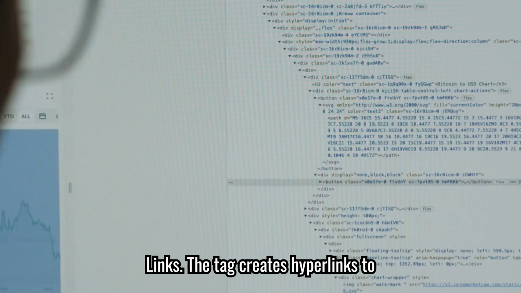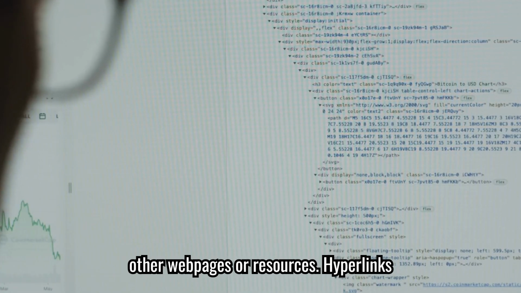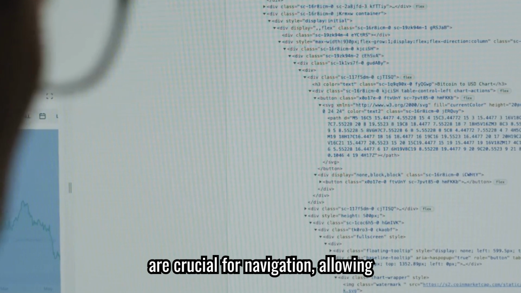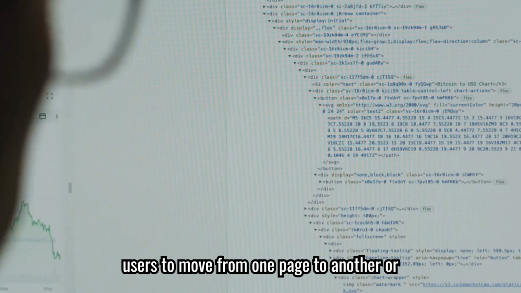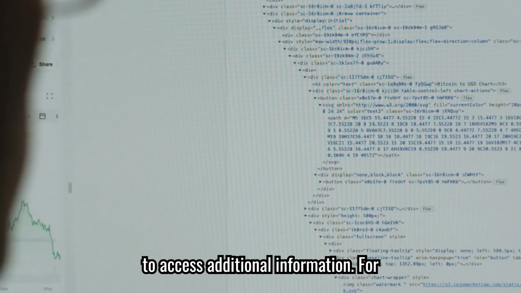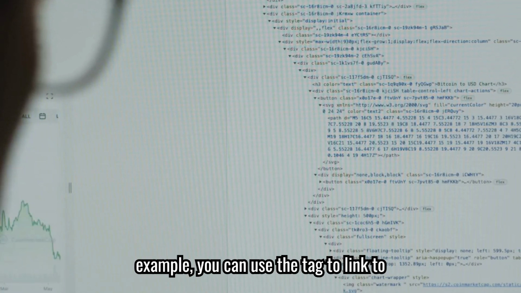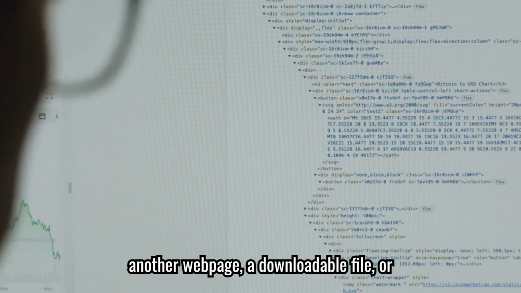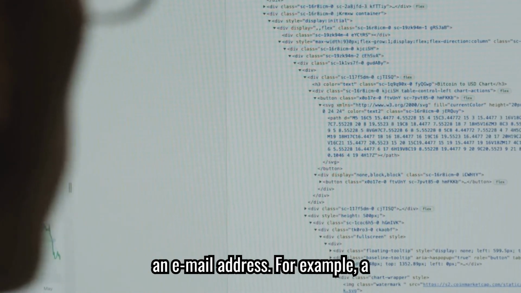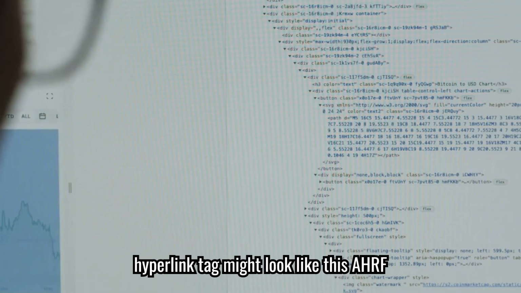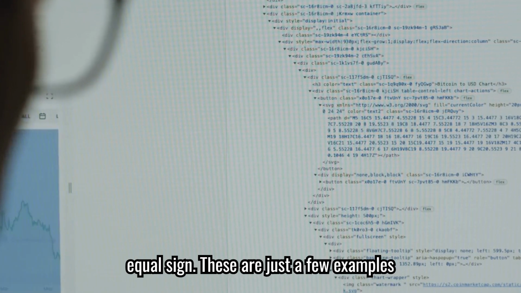Links. The a tag creates hyperlinks to other web pages or resources. Hyperlinks are crucial for navigation, allowing users to move from one page to another or to access additional information. For example, you can use the a tag to link to another web page, a downloadable file, or an email address. For example, a hyperlink tag might look like this: a href =